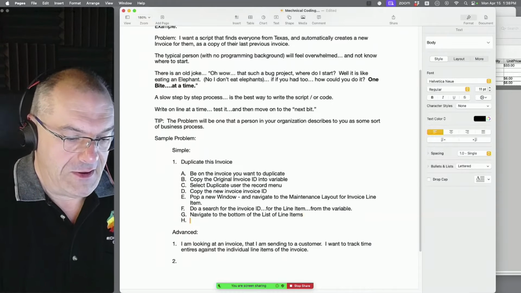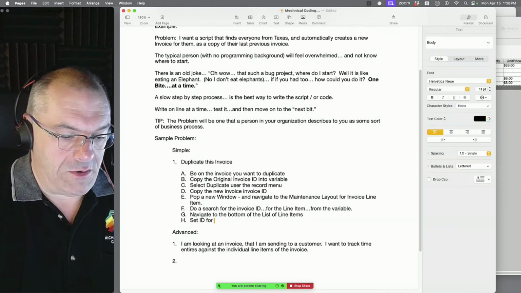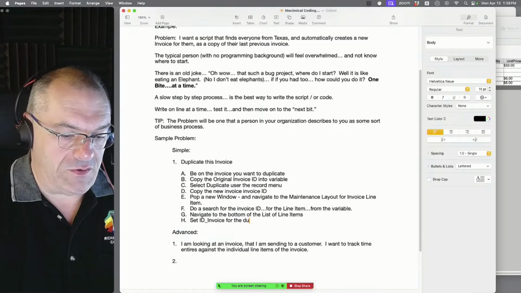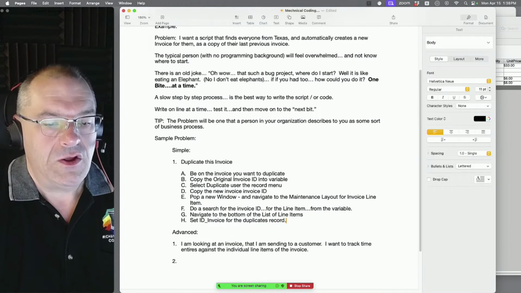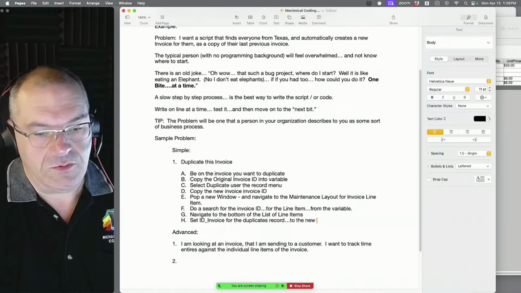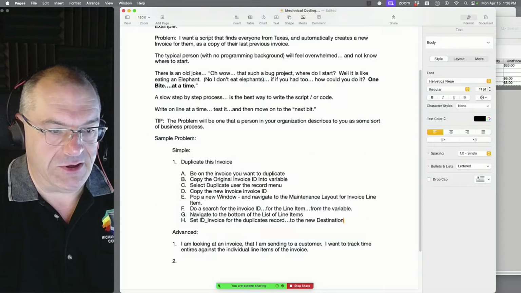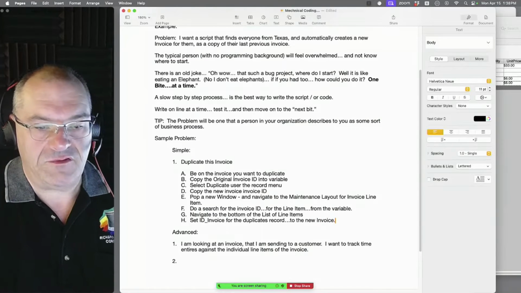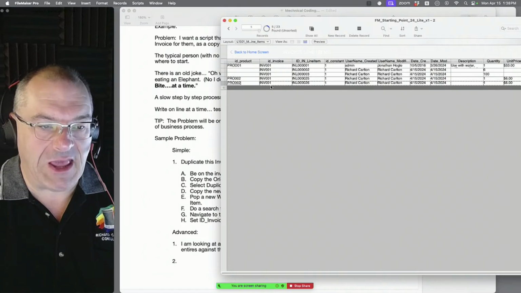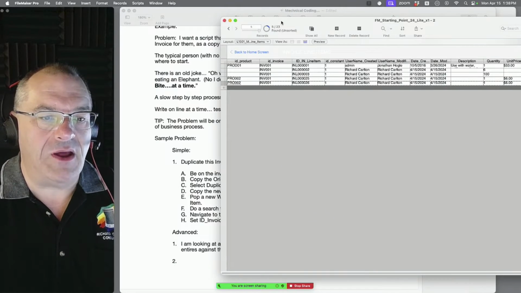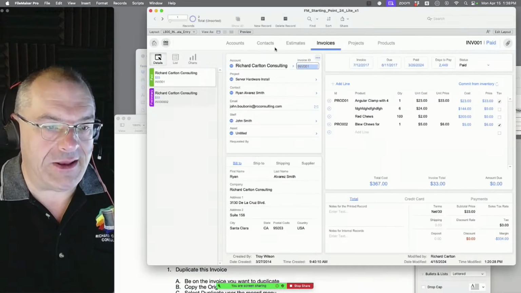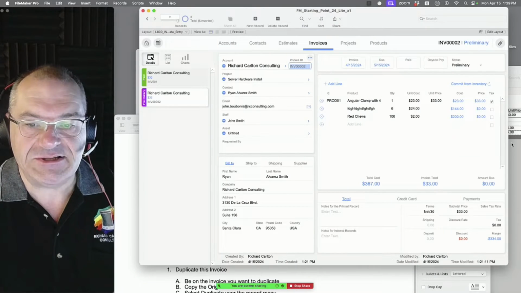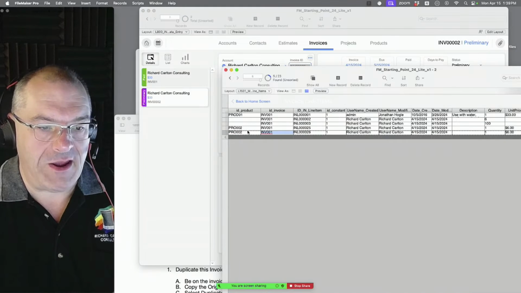Set ID, set the ID invoice for the duplicated record to the new destination, or new, what do we call it? To the new invoice. Okay, so you duplicate it, and then we use that other number which we had in the variable, right? I don't have a variable in front of me, it's over here. This is what we would have captured, right? Makes sense. You paste it in here, okay, right here.